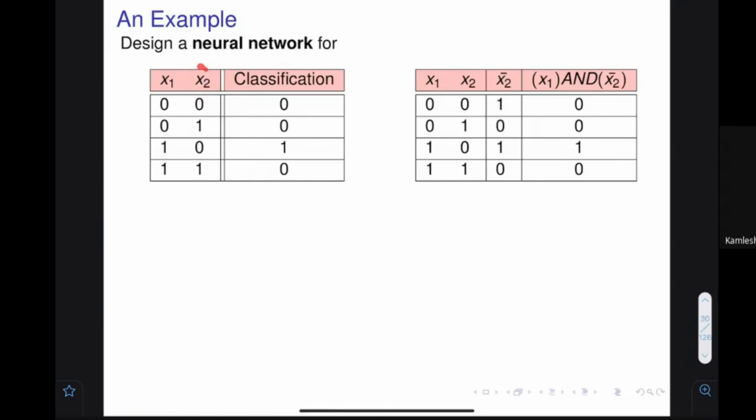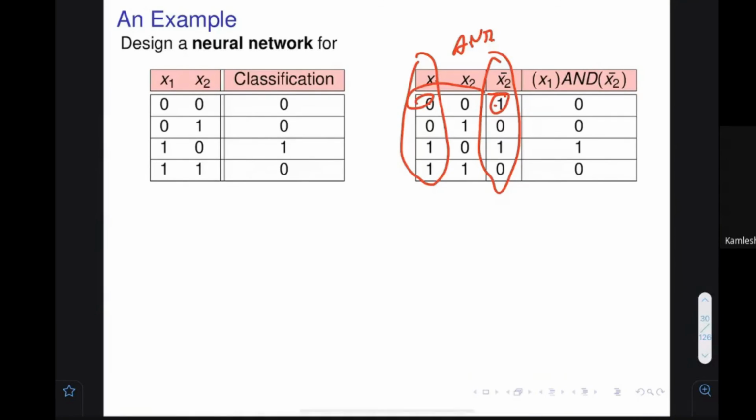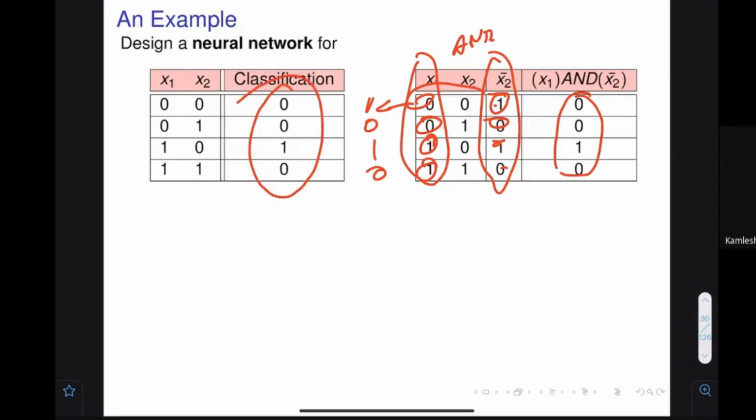It is 0. So what I can do is take the x2 bar. If I take the x2 bar, 0 becomes 1, 1 becomes 0, 0 becomes 1, 1 becomes 0. They are reversed. Now I'm going to combine these two things and take the AND of that. Can you tell me what the AND is? It is 0 1 0 1 0 1. So AND is 0. 0 and 0 is 0. 1 and 1 becomes 1. 1 and 0 becomes 0. So the same thing I got, 0 0 1 1. So this is what I wanted to get.